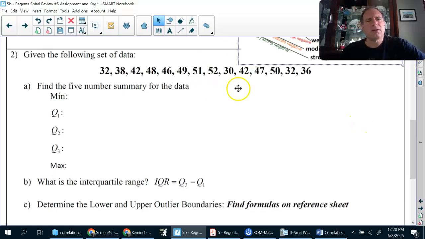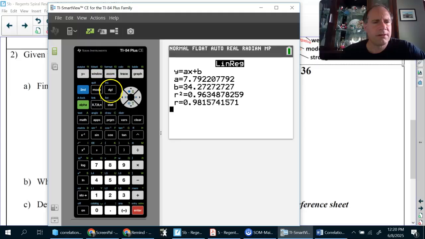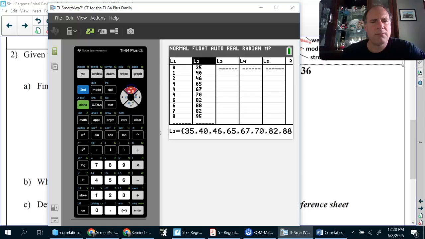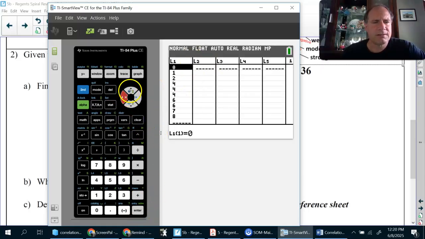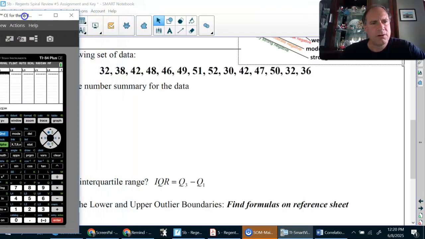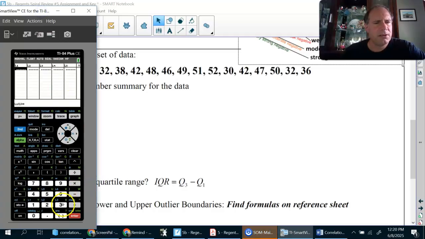So just taking a look at number 2, we are going to bring up the calculator again, press stat, and then edit. And then I'm going to clear out by pressing up to L2, press clear, and then enter. Don't press delete. Go up to L1, press clear, and then enter again. So we are going to put these numbers into our list L1. So 32 would be our first number, 38. Just be careful, 42,